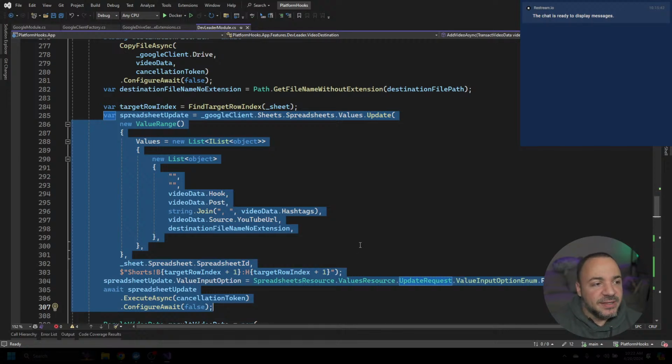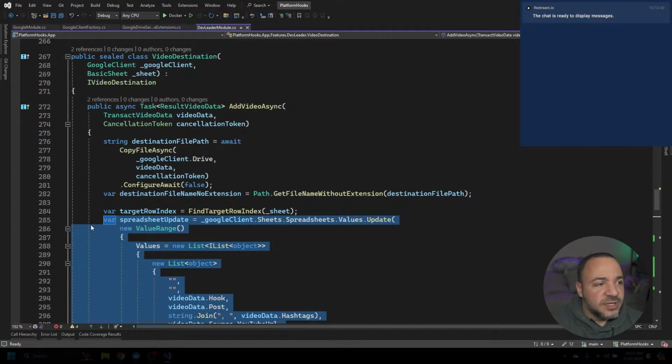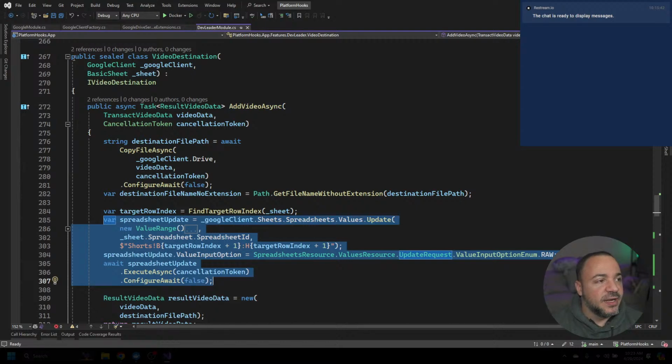And in my opinion, it's not obvious what this code is doing, I feel. And because of that, if I want to update a spreadsheet row in another spot in my code, it's just not obvious. I would go copy and paste this and start having all this kind of crappy code scattered around. So I am trying to pull it into a class that I'm creating that's just called a